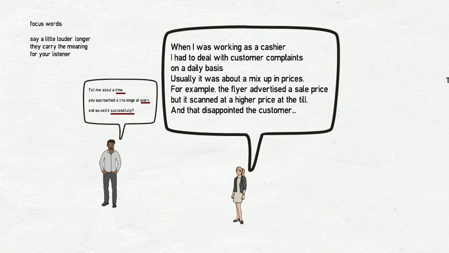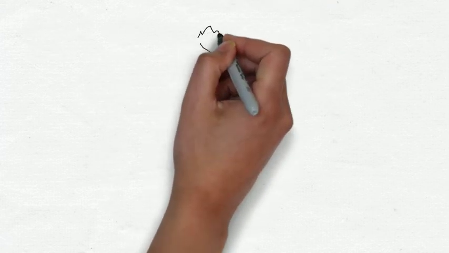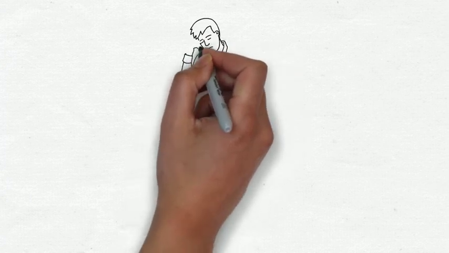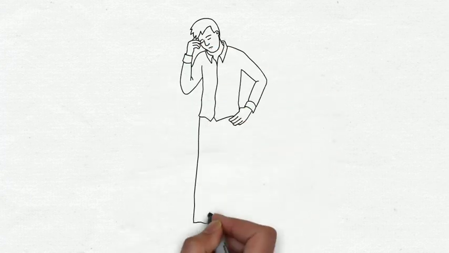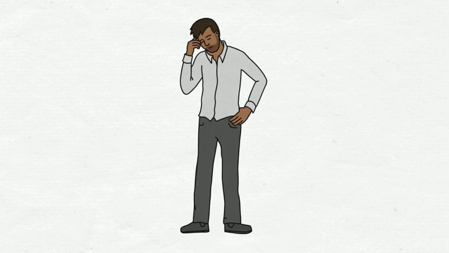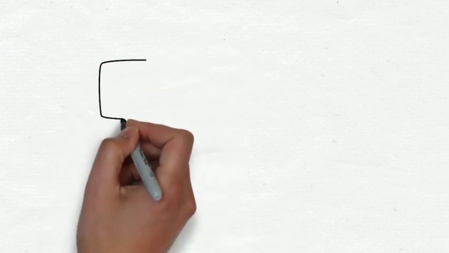So again, you can hear as I'm breaking my speech into these message units that at the end of each one, I'm saying that word with more emphasis. That's called the focus word. And speaking in this way makes it easier for your listener to understand, so it increases comprehensibility.